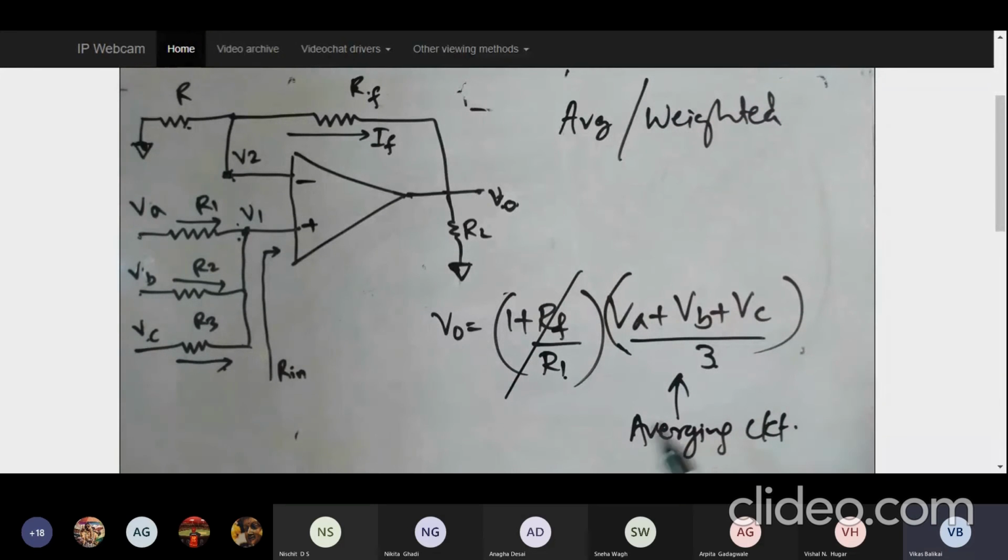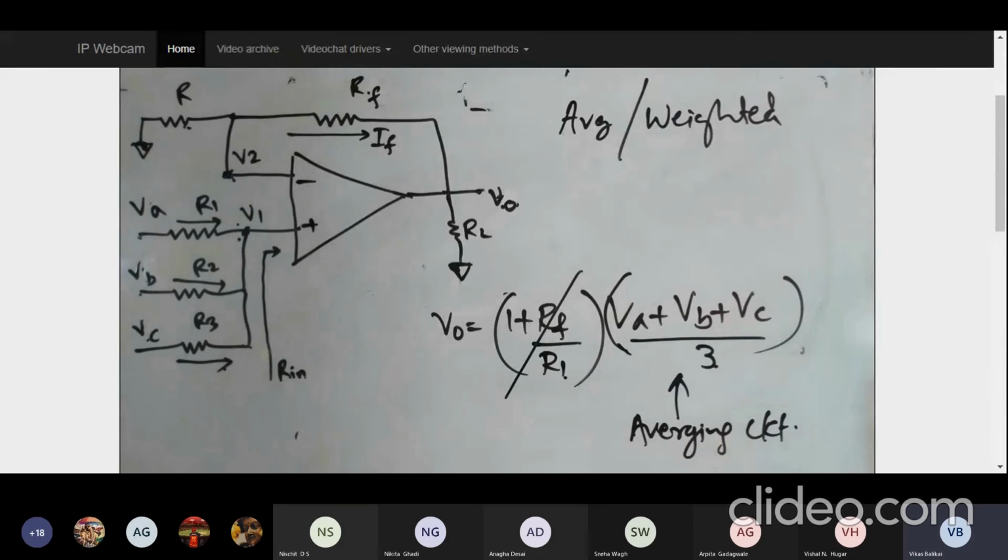And in terms of the weighted summer, that's the only difference. R1, R2, R3 values will all be different. Normally when we make a summing amplifier or adder circuit, what we try to do is keep R1, R2, R3 as they are during the derivation. Finally, at the end of the derivation, we say that if R1 is equal to R2 is equal to R3 equal to some value R, or if all are equal to 1K, we make them all the same, because the resistances cancel. So if all resistances are the same, it will be mere addition of voltages. So that is your summing amplifier.